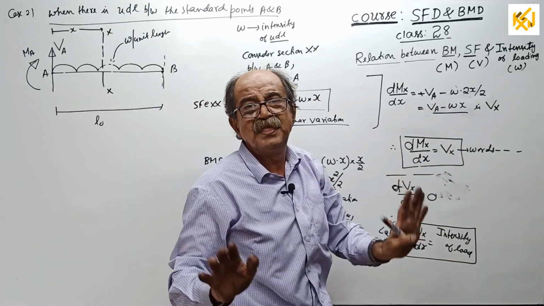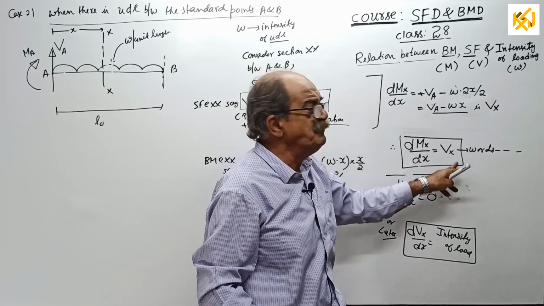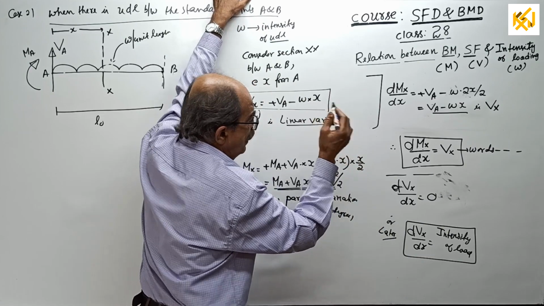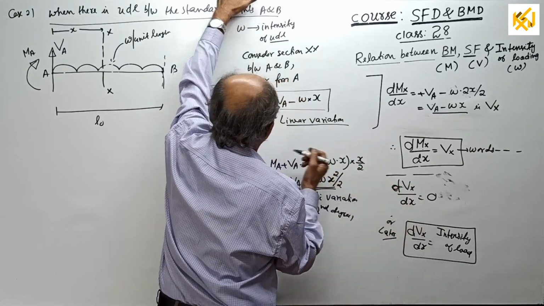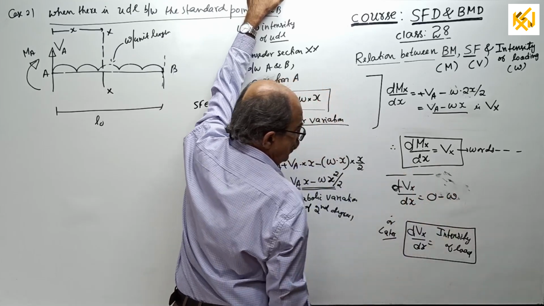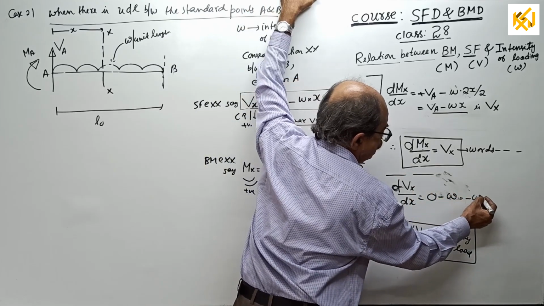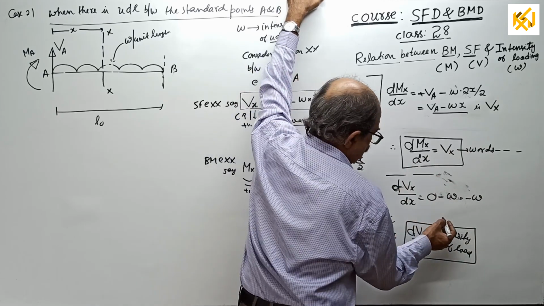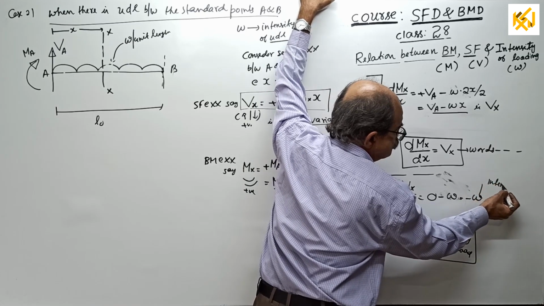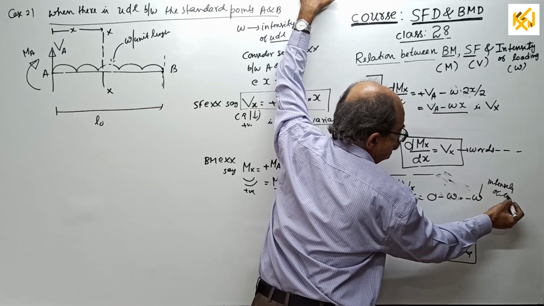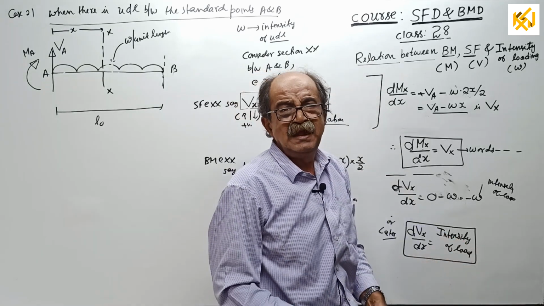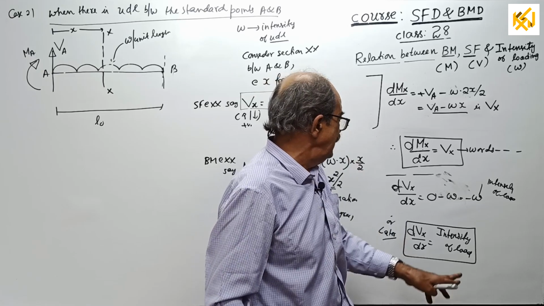Once again you got now. It is permanent now. Even same thing for UVL or any type of loading. Then also calculate differentiation of shear force with respect to x. VA becomes 0, minus W, or equal to minus W. Therefore, you can tell W is the intensity of load. Therefore, rate of change of shear force equal to intensity of load. That minus sign I am not writing here.